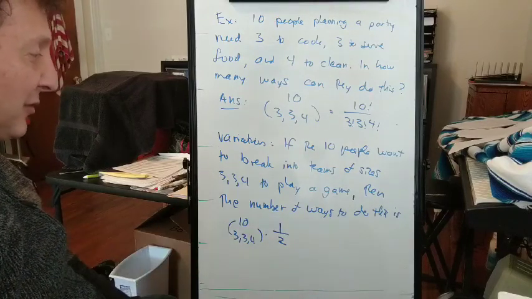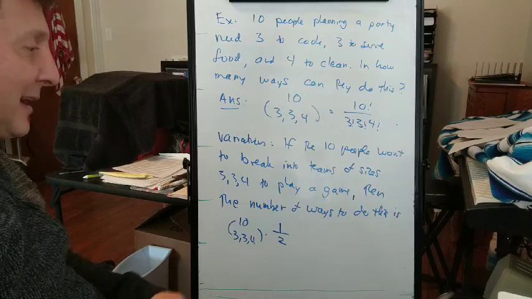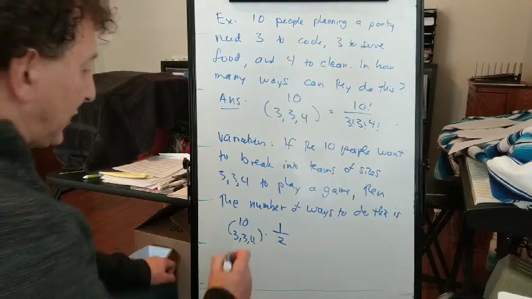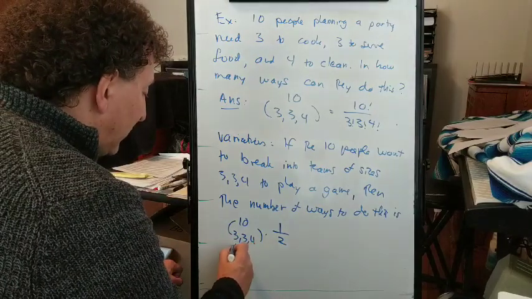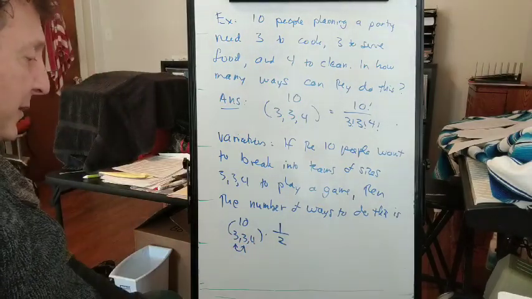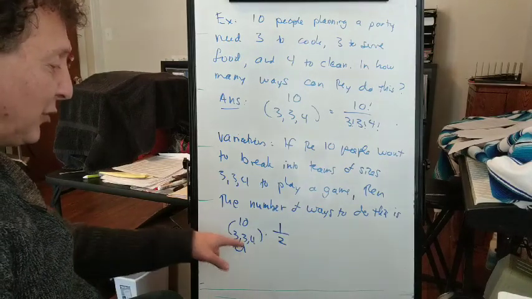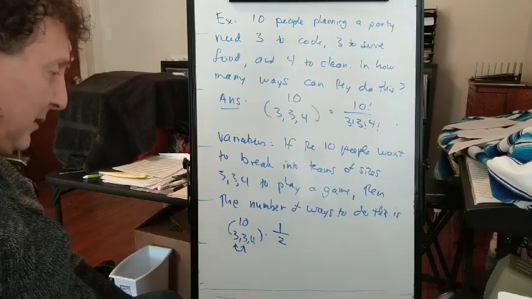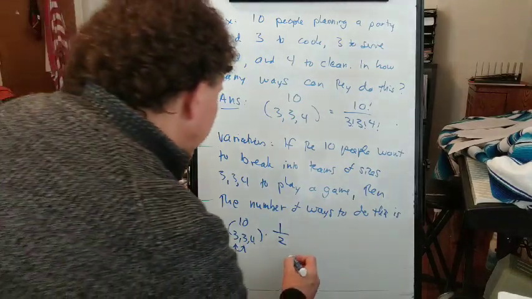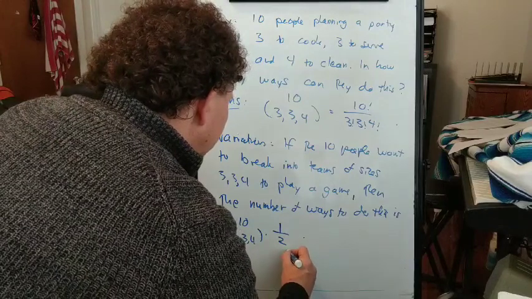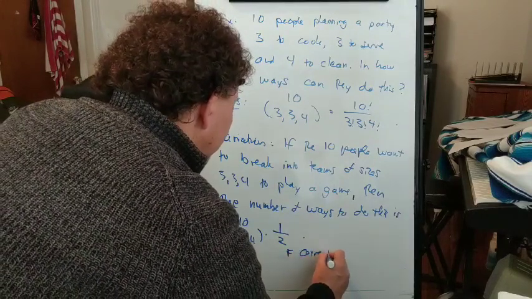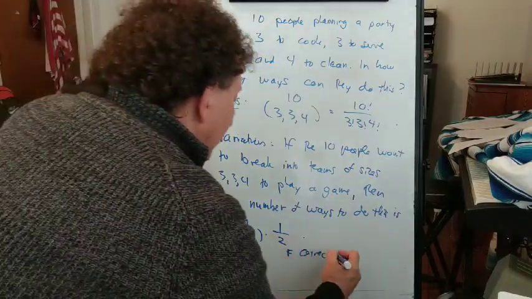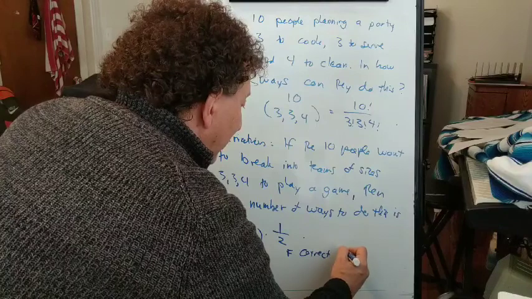But if we don't want to count those as different, we're just breaking the people into 3 groups and not naming the groups. We divide by 2 to account for the overcounting of calling these 3 people team A and those 3 people team B different from these 3 people on team A and those 3 people on team B. So this 2 corrects for the overcounting